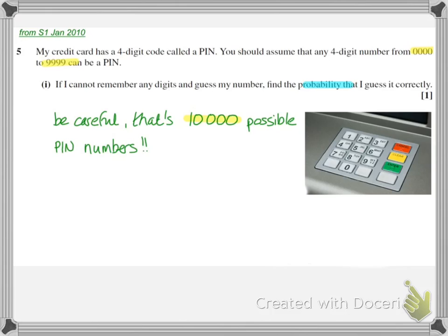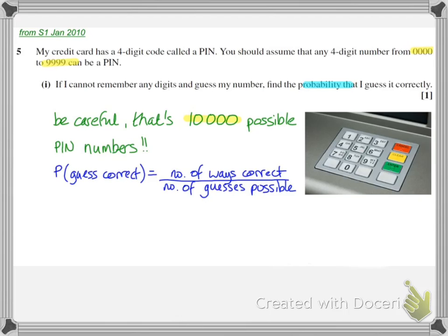So I'm looking for the probability that I guess it correctly if I cannot remember any of the digits. So the probability of guessing correctly will be just made up of the number of ways of guessing correctly, and there is only one correct PIN number that I have, out of the number of guesses possible. So that's 1 out of the 10,000 possible PIN numbers. I may choose to write that as a decimal, though it's absolutely fine to leave it as a fraction. As a decimal, it would be